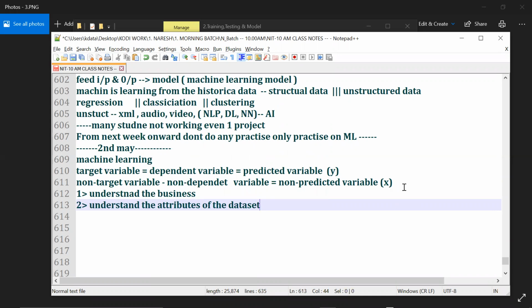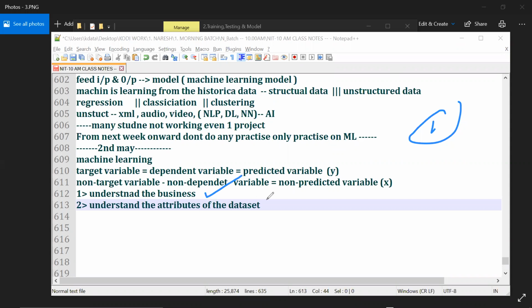If you joined a company, maybe the company just started newly, with no employees in the organization, you're the one they hired. So your job is to extract the data from the DB, clean the data, build the model, deploy the model, and create an app. Everything you need to do. That's called end-to-end. So for end-to-end, understanding the business is the first step.